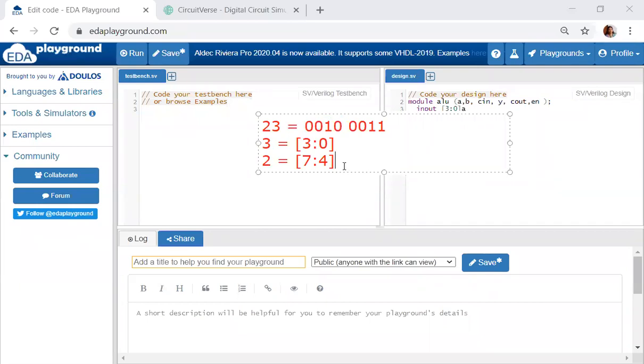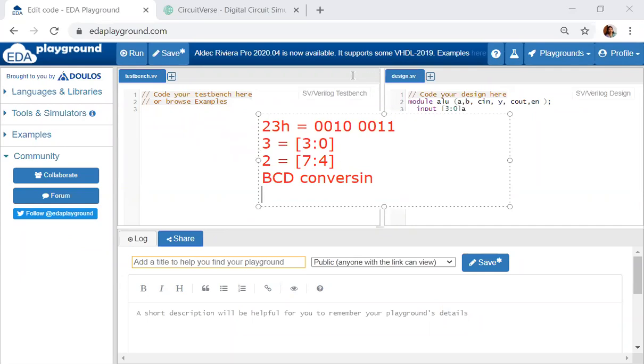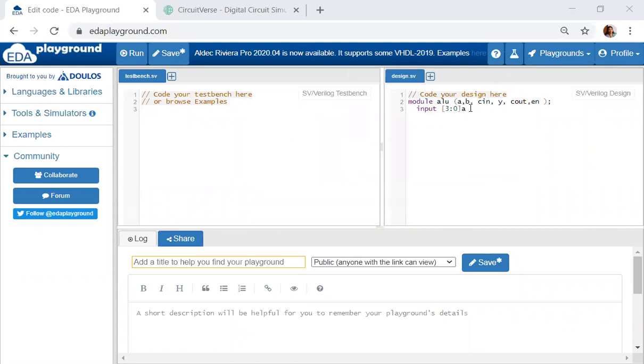Now if you want to analyze or get the decimal value of 23, this by default is hex. If I want the decimal value of 23, I should perform BCD conversion. Then if I perform BCD conversion for 23, whatever the number is, you can extract the equivalent bits. So leave this, and now let us see what the inputs are.